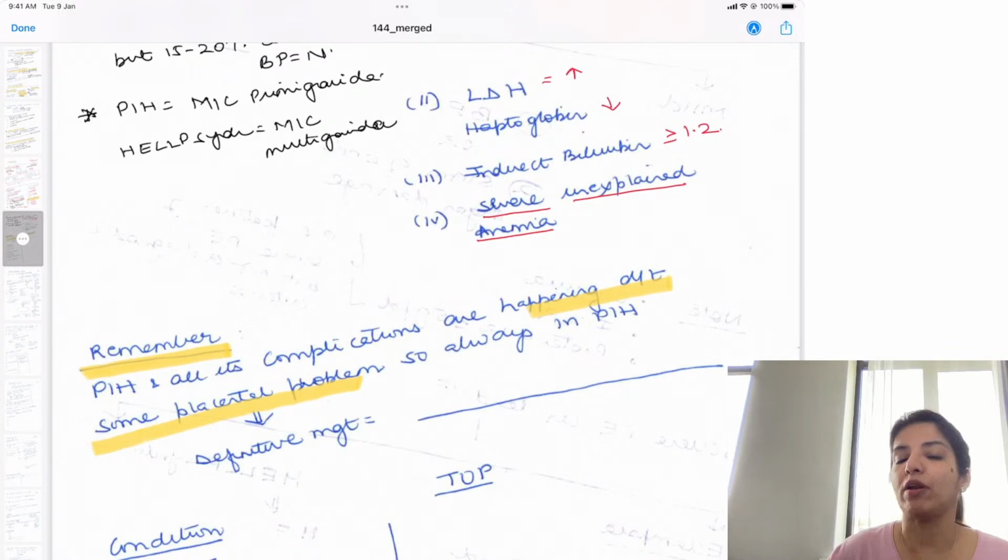And as a foreign medical graduate student, you don't need to go into the details. As a NEET PG student, it is very important for you to understand the placental pathology which happens in PIH. But this class is for foreign medical graduate students, so I'm not going to go into the details of the placental pathology, right? So जो ये PIH होता है, ये किसी ना किसी प्लासेंटा की प्रॉब्लम की वजह से हो